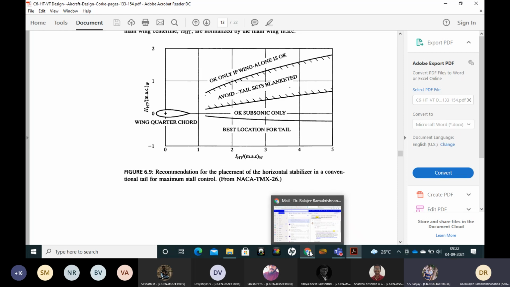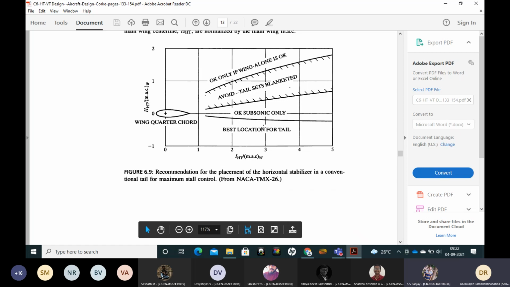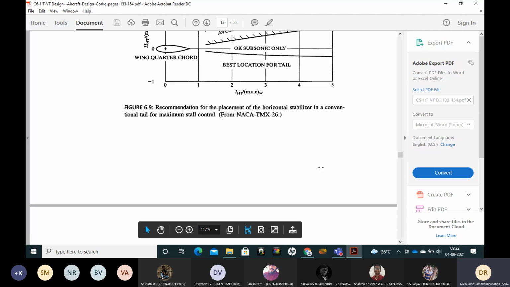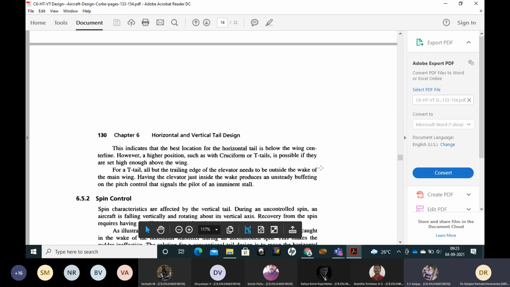Okay. Is it clear now? Yes, sir. Or is it that at zero angle of attack, asymmetric airfoils may produce some lift, so it is not decided? Yeah, that is one more thing. Zero angle of attack is a subset of what I told you. At zero angle of attack, there will be a side force or upward force, which you don't want, downward. Yes, that is one more point. Then again, it's not symmetric. It's a subset of what I told you. When you deflect, at zero deflection itself, there will be an effect of deflection. Yes, sir. That is also correct.